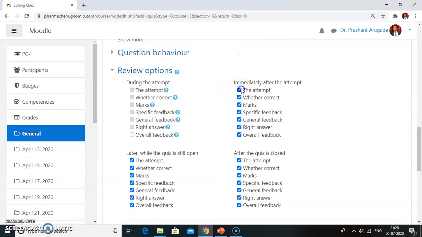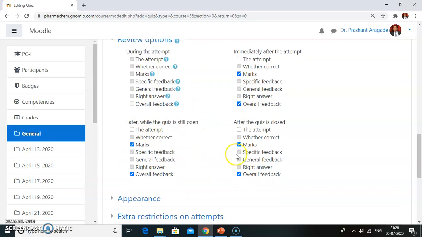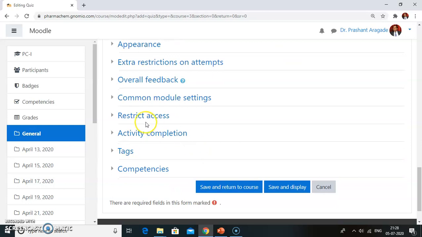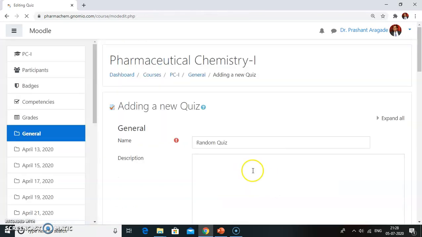Then I will uncheck all the review options so students are not able to get the feedback along with correct answers. And then you can do settings for restrict access and activity completion, and then click on save and display.